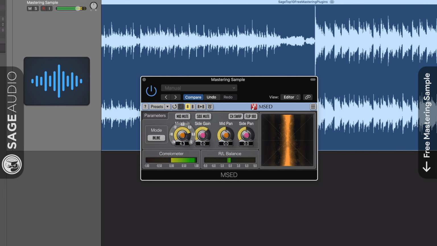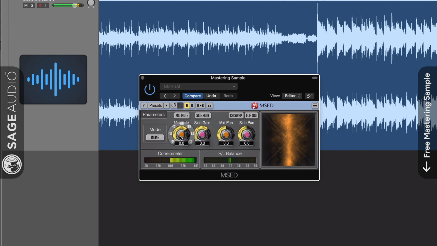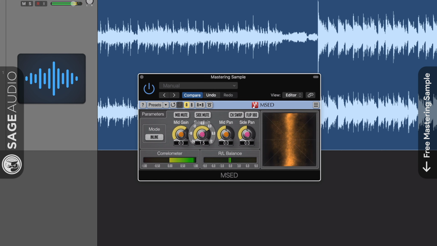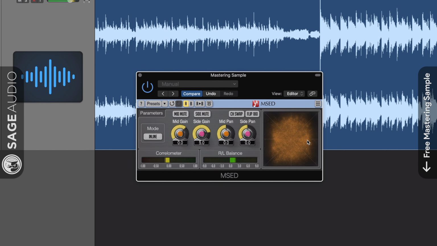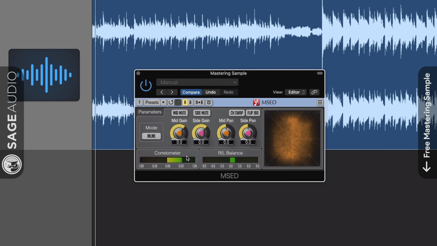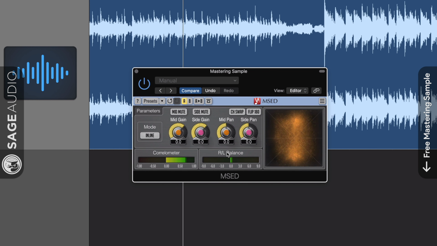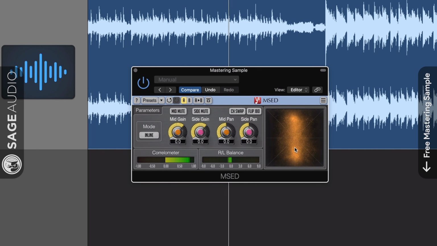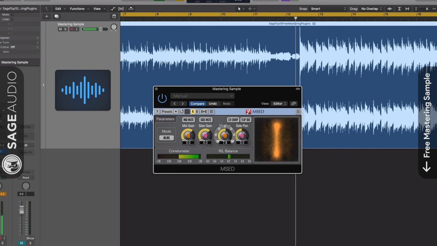A mid-gain function allows you to increase the gain of your mid channel, in turn making your mix or master more centered. The side gain function allows you to increase the gain of your side image, in turn making your mix or master wide. Correlation and right-left balance meters at the bottom of the plugin allow for close monitoring of your signal's balance, and a stereo graph on the right offers a quick way to visually understand the width of your mix or master. Let's listen to a stereo mix being widened and narrowed, as well as hear some of